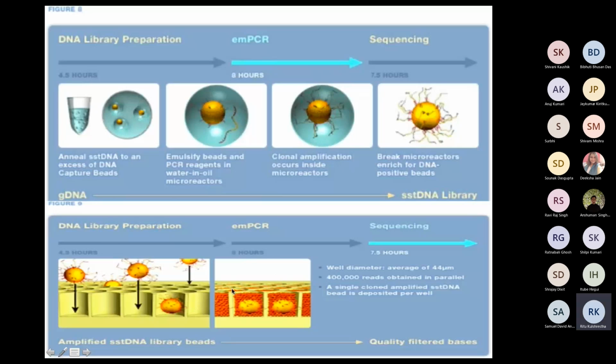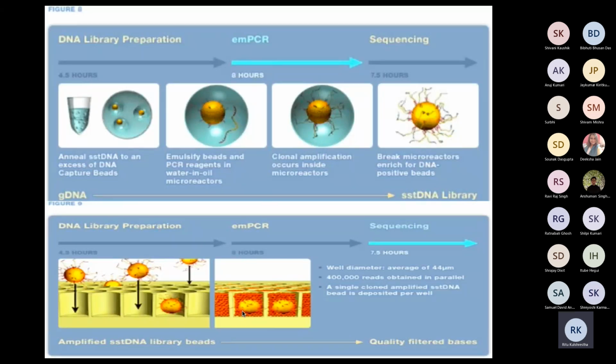Obviously you will not see it in all the wells, because in all wells the DNA fragments are different. So only in those wells where the first base had to be A, only there you will see the signal. Your machine will detect it, and it will give you one particular